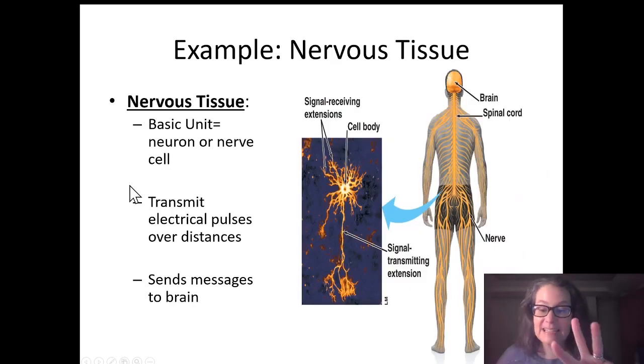So we have three kinds of tissues so far: epithelial, connective, muscle. The last kind is nervous tissue. Over here, I show a cell body. A neuron is the basic cell type in this particular tissue group. And we have these different extensions that come from that cell body. This kind of cell allows us to send electrical messages around our body so that we can take in stimuli, make sense of it, and send out responses and respond to our environment.